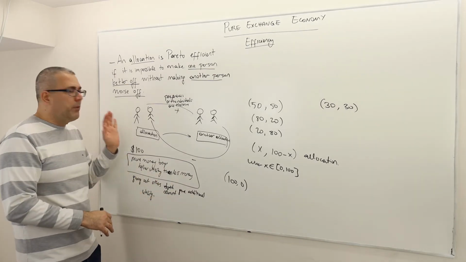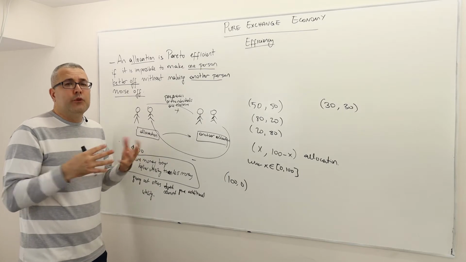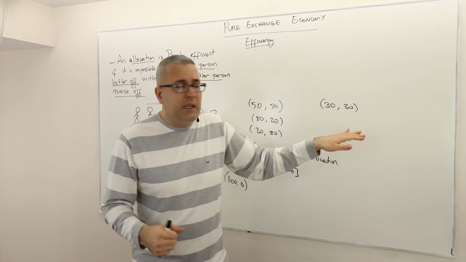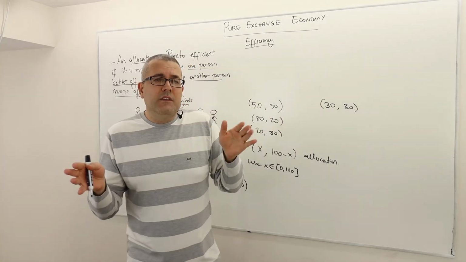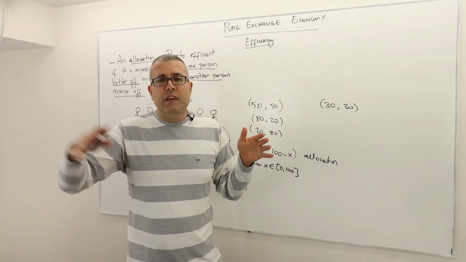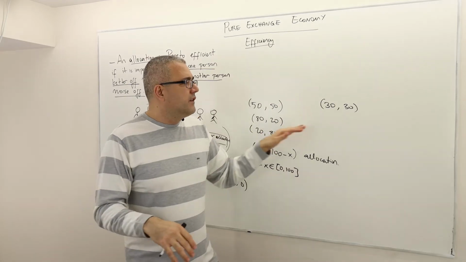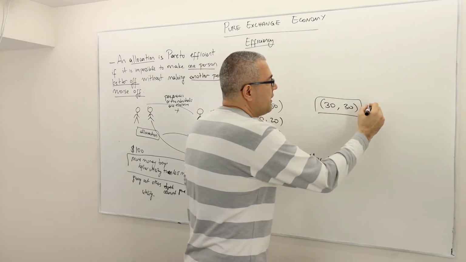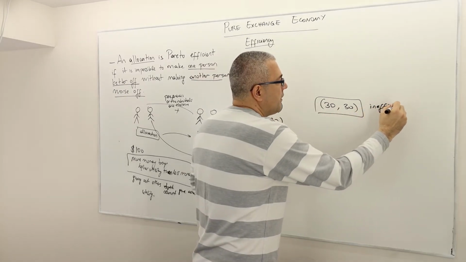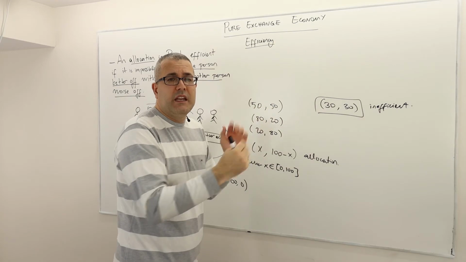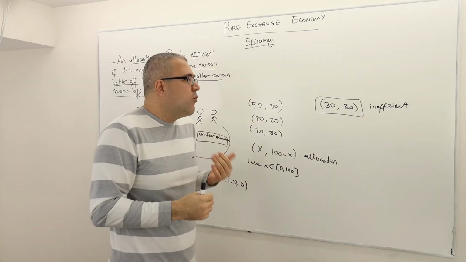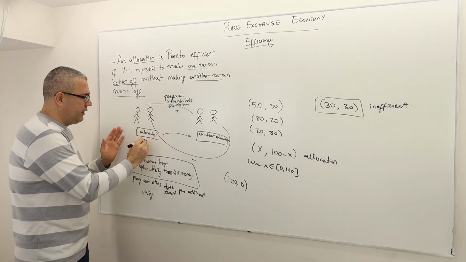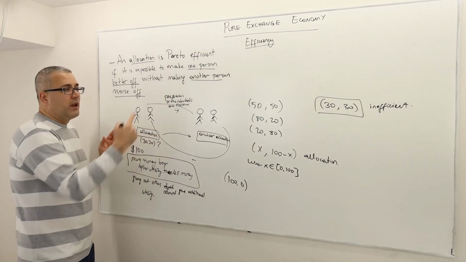All right, so both Bob and Anita would prefer to have the entire $100 to themselves. That means splitting this $100 as 30-30 and giving away some part of it is clearly inefficient. So this way of splitting $100 is inefficient. Why? Because this is basically the initial allocation, 30-30. Is it efficient? The answer is no.